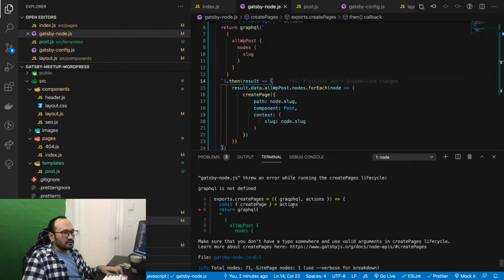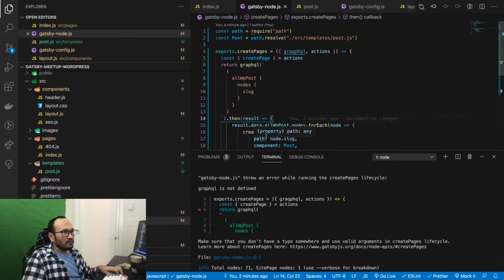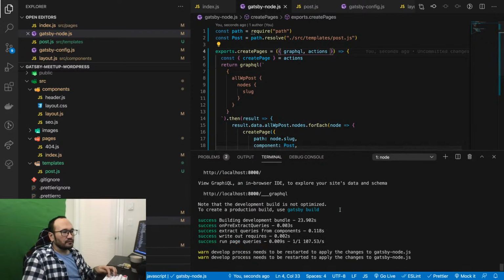So what was the error here? GraphQL is not defined. Oh, okay, that was a typo.